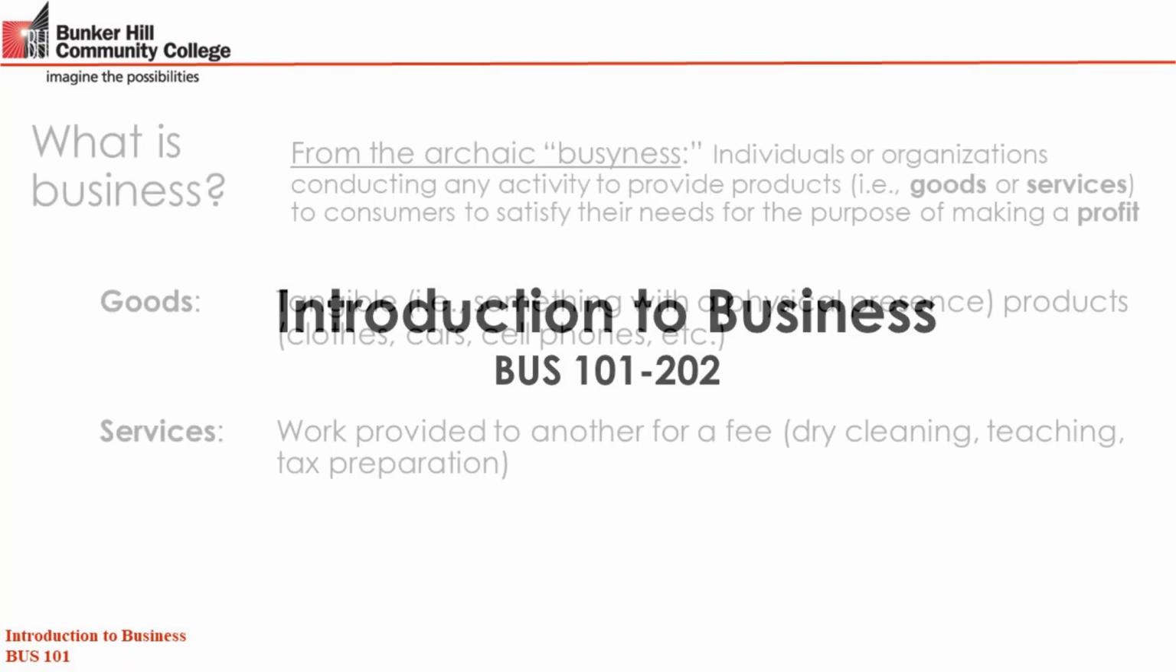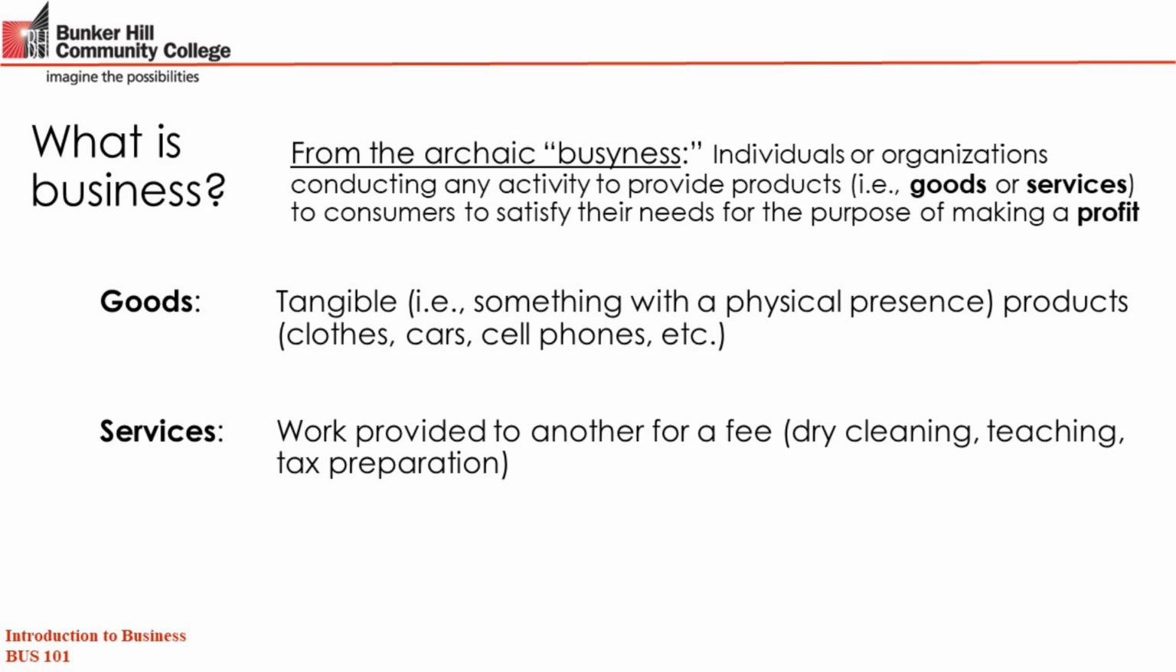Chapter 1. The first step in understanding business is defining what it actually is. Business is an activity involving individuals working alone or with others, or organizations or groups of people, who conduct activity to provide products. Products may be either goods or services. Those products are then sold to consumers to satisfy the consumer's need for the purposes of the business making a